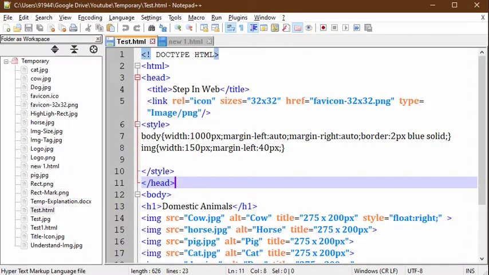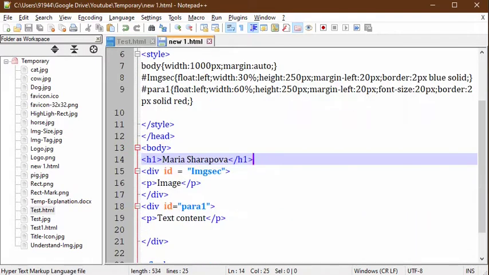But the best way of doing image positioning is to always use a division. With the division only, you can manage all the content, whether it is an image, a table or text content. You can easily position that content in any location of your layout. A division will form one small section. That division, with its ID, we can control from CSS code for any parameters.